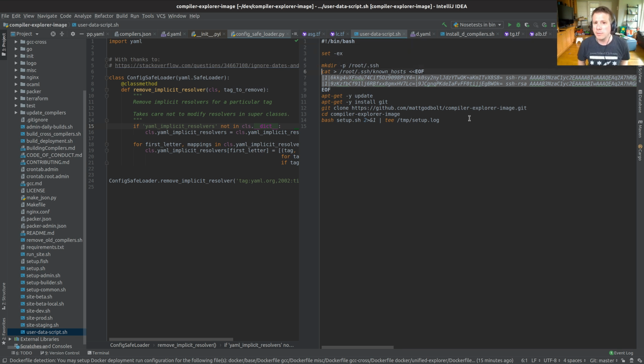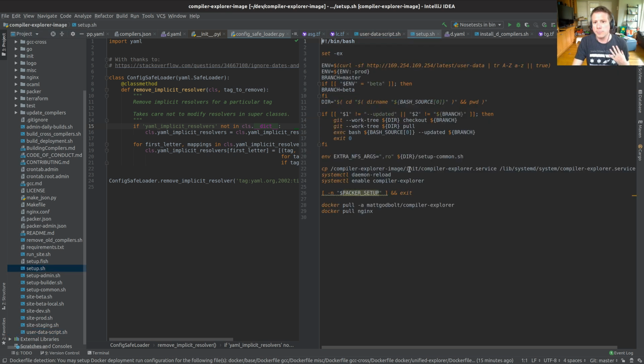This runs, it grabs some known hosts. This allows it to get to GitHub without it complaining, updates and installs Git. Git clones the image repository and then calls setup.sh inside there. And setup.sh is a whole bunch of complicated shell scripts that gradually do more and more work to bring everything up. And this is where that user data comes in. Here we are. As part of that startup, it curls this magic URL, and Amazon provide an endpoint there which can give you all sorts of metadata about yourself.